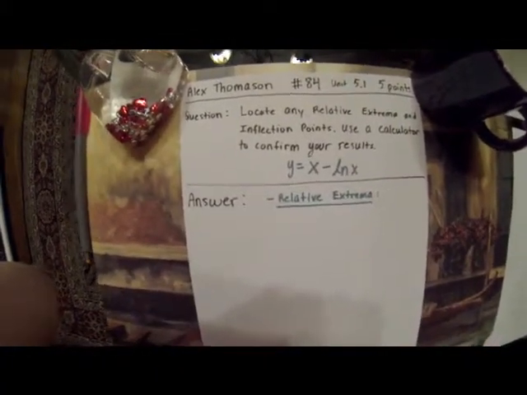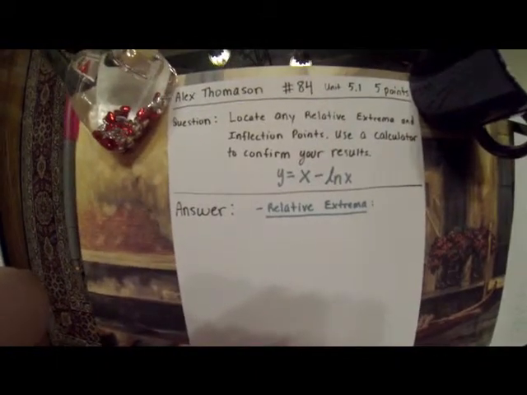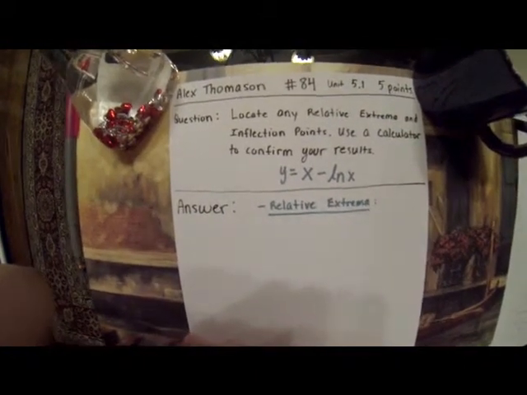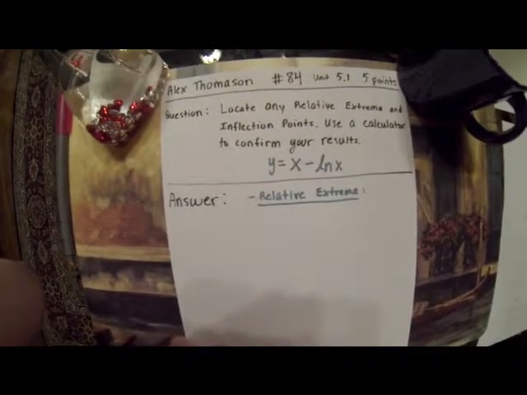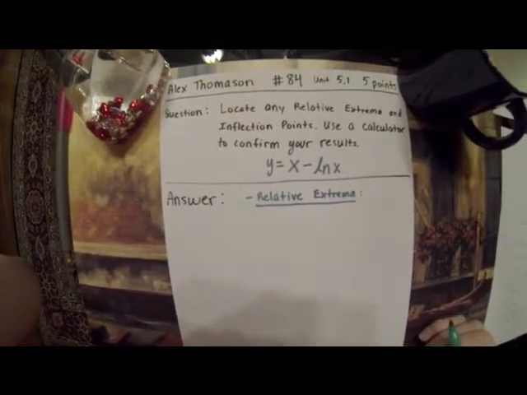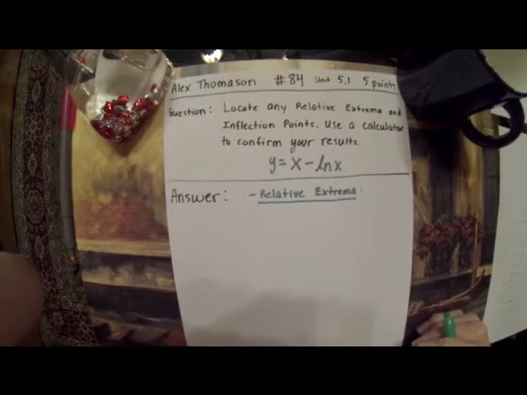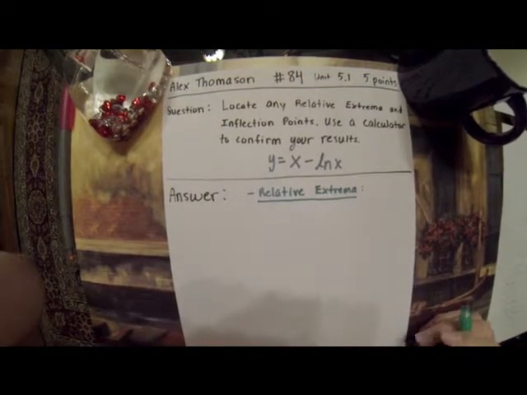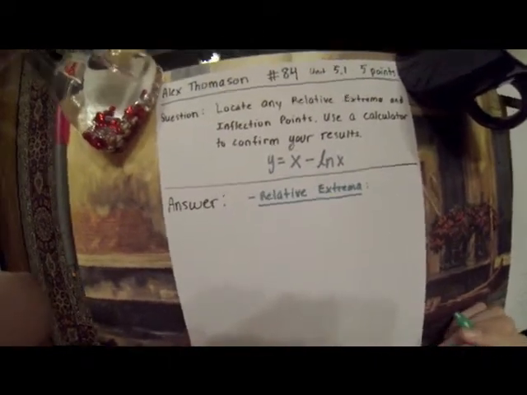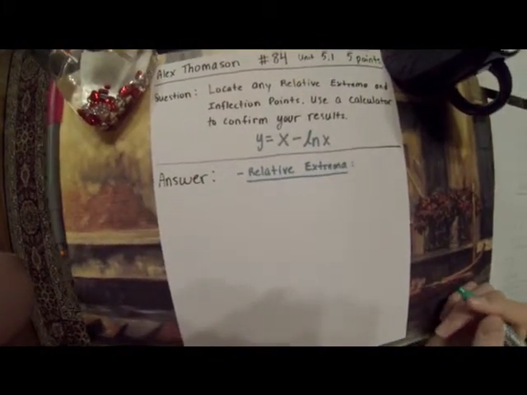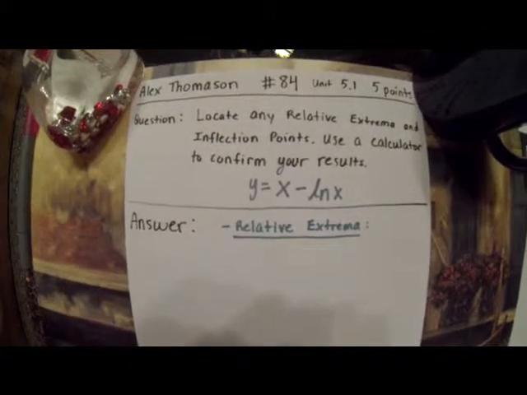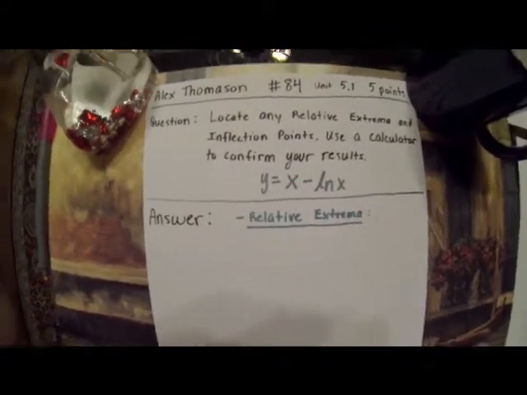I will be doing problem 84, unit 5.1, and it is worth 5 points. The question is to locate any relative extrema and to find the inflection points, and to use a calculator to confirm your results. The equation is y equals x minus ln of x. So,